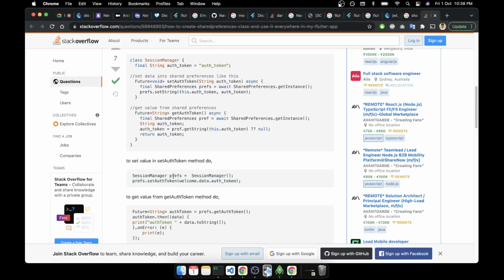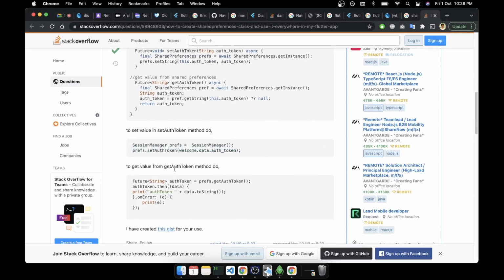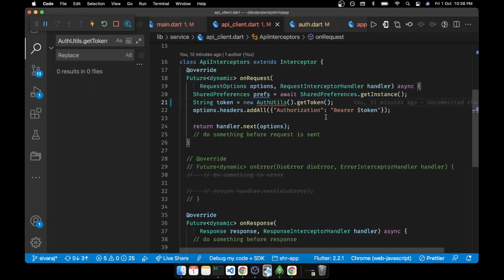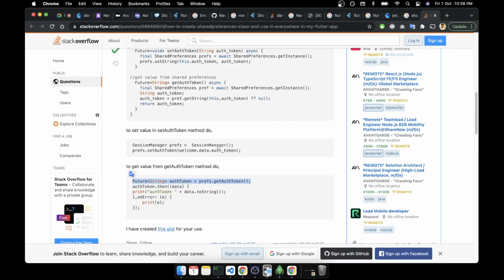So now here to get the token, call the getAuthToken method. What does this prefs contain? SessionManager.